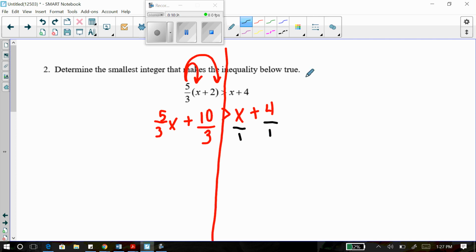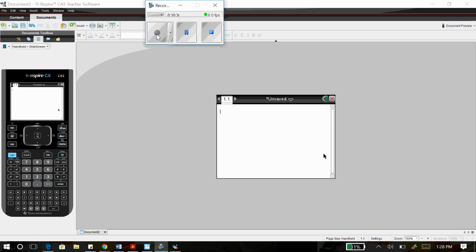And now you want to find the LCM between 3 and 1. So let me pull up my calculator. Give me 1 second here. Okay, I apologize. I had to pause, but I pulled up my calculator. So if I want to find the LCM